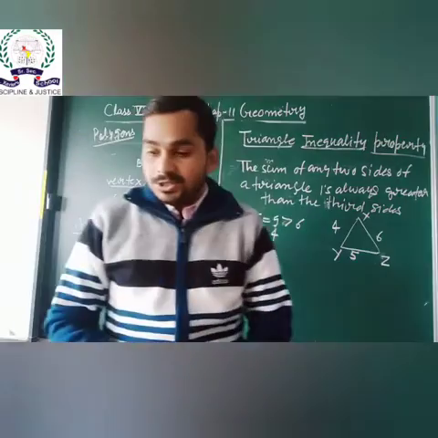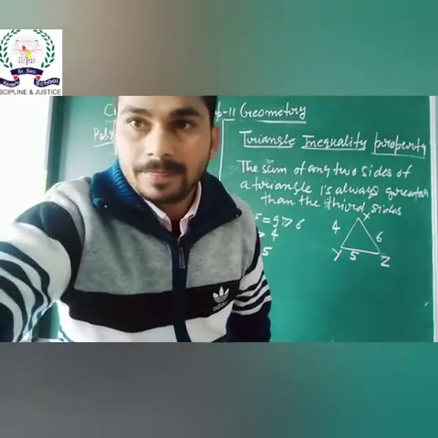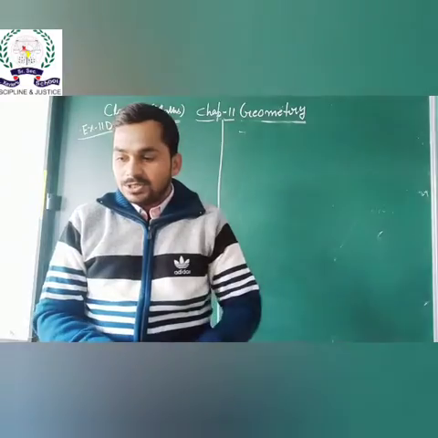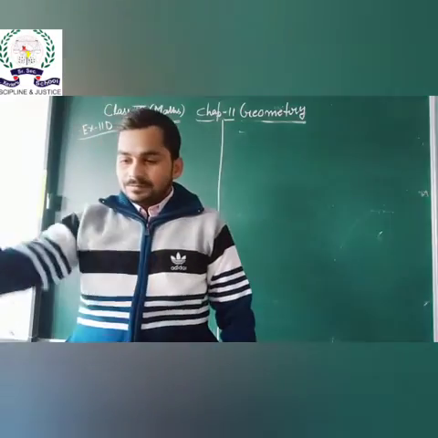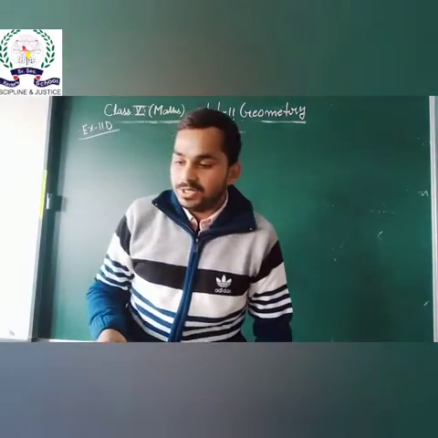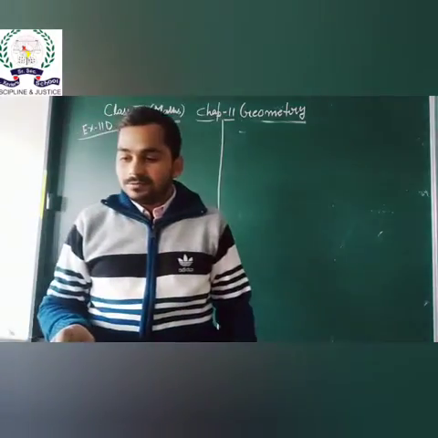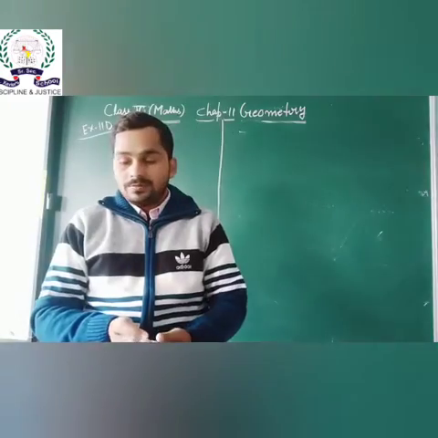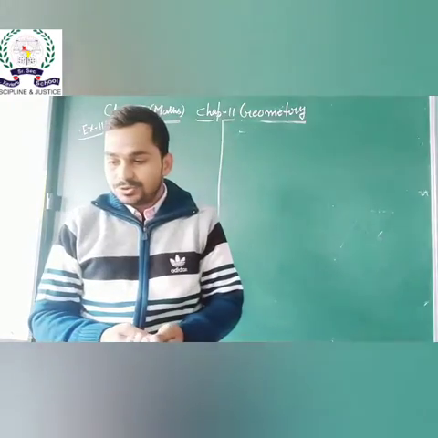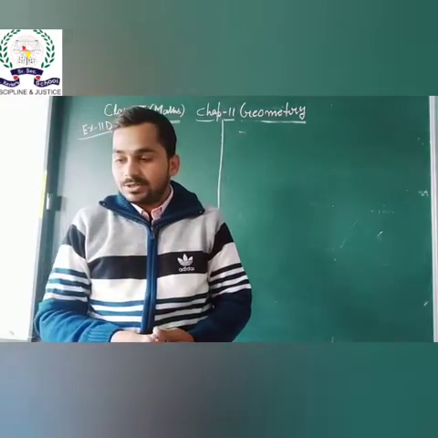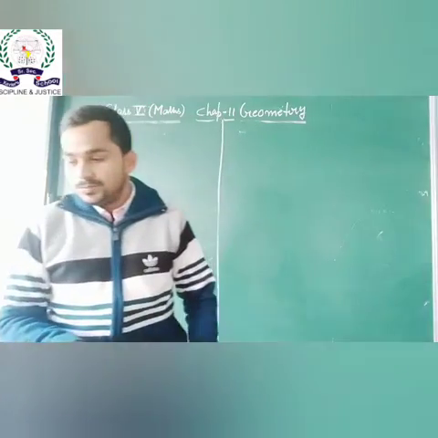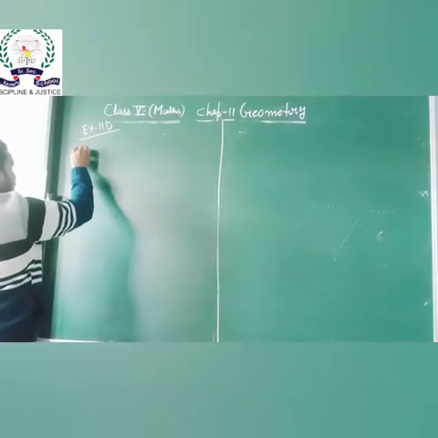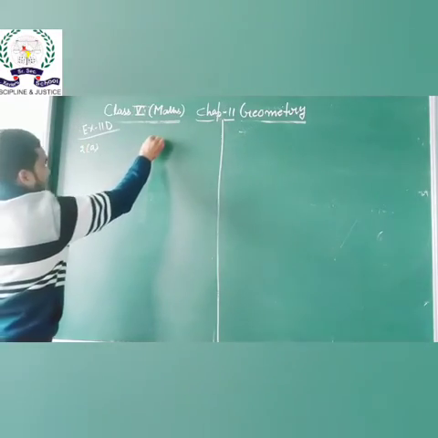So now we have discussed exercise 11D. The first one is to cross the shapes that are not polygons. Where we have curved lines in figure 1, A, B and C, we have curved lines, that means these are not polygons. In question number 2, count the number of sides and number of angles in each polygon and write your conclusion. In the first part, a triangle is given.